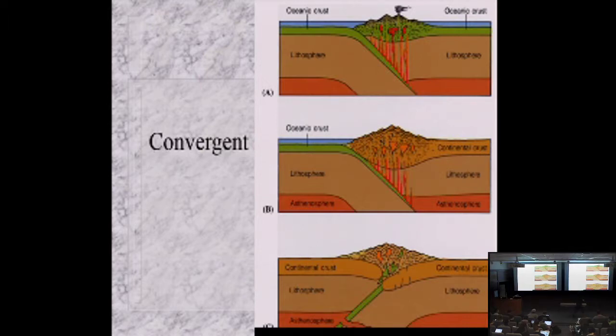The top picture here, you have two oceanic plates coming together because if you're looking beneath it, you have convection